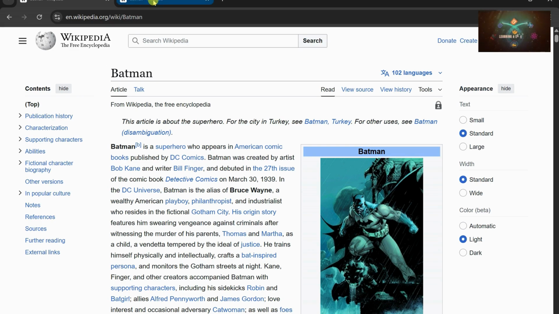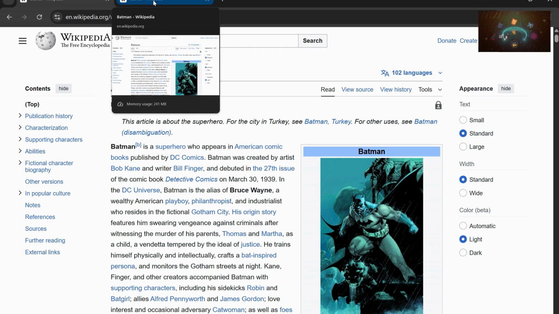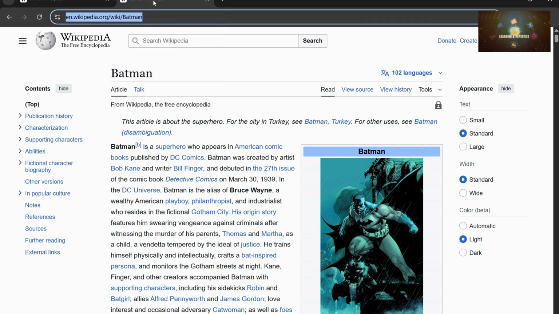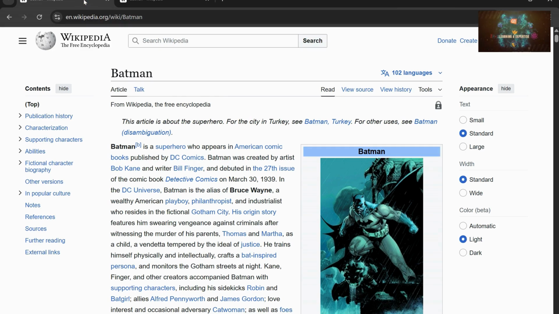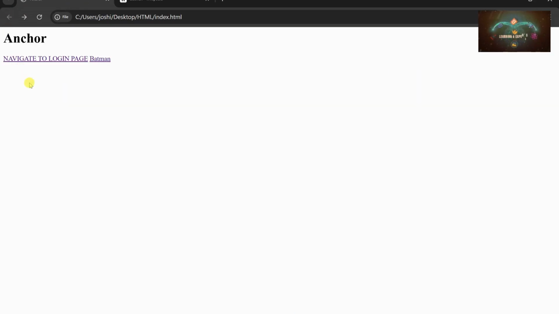Your external website is opened. This is the tab which we opened manually, and this is the tab which we opened through our HTML page. So this is how we will do internal